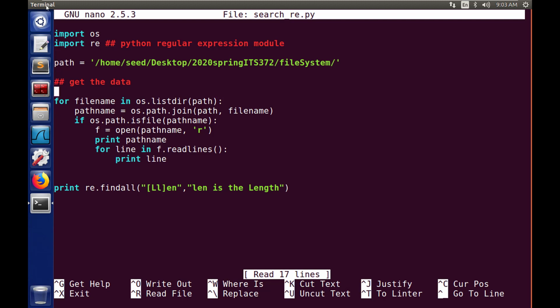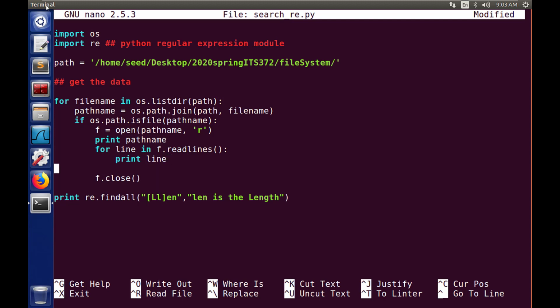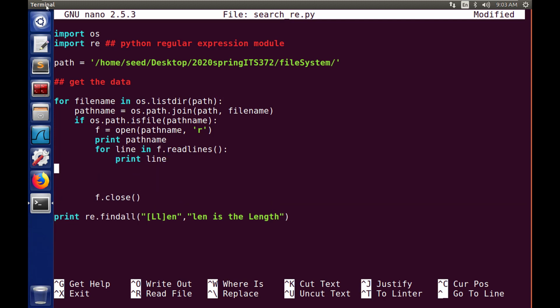So what I want you to do from this point on is I'll just say one last thing. Usually whenever you open a file, don't forget to close it. So f.close. Good practice. All right, but in between here, I'm just going to leave a comment. And this is the part that you have to complete. So I'm going to say, now that you have the contents of the file, of each file,